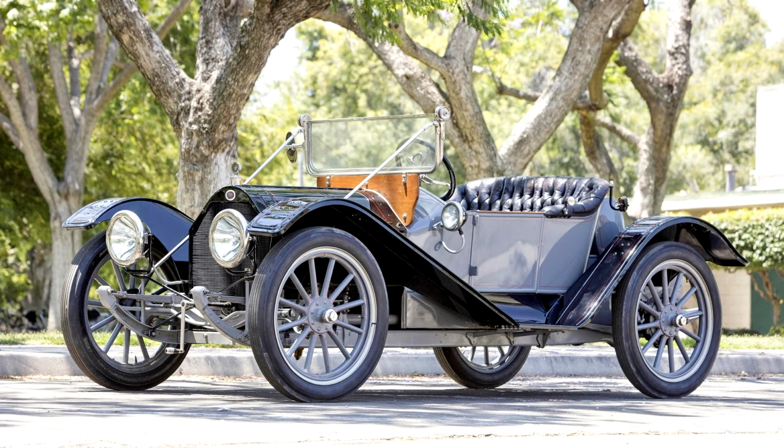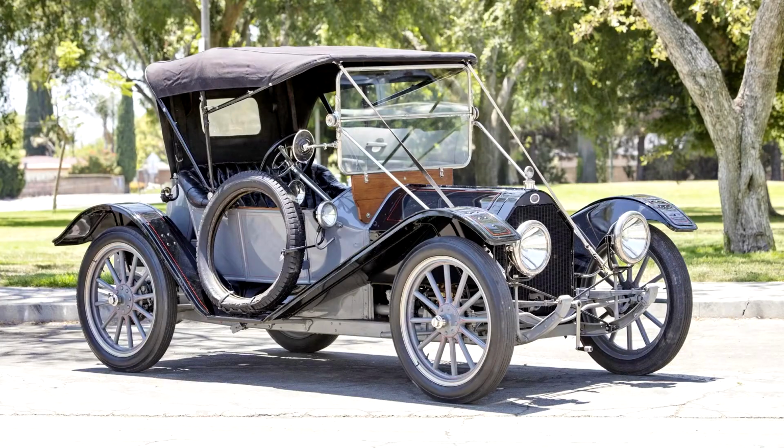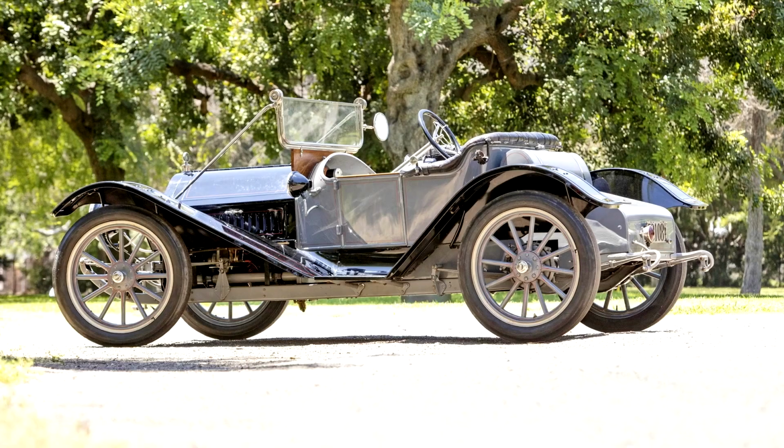The radiator, hood, and fenders are all dramatically finished in black with red coach stripes, while the diminutive body tub, chassis, and wheels are finished in dark gray, all in very good condition, and the nickel-plated trim is exceptional. The patinated black button leather reveals just the right amount of age and caring use, showing only light fading and cracks. The wooden dashboard exhibits only the most basic essentials, a Warner Autometer speedometer, odometer, and a sight glass oil